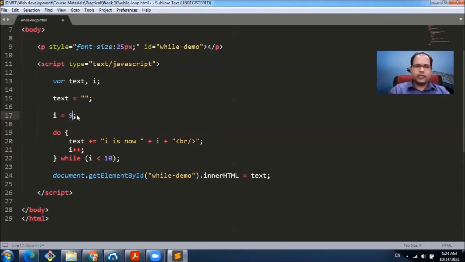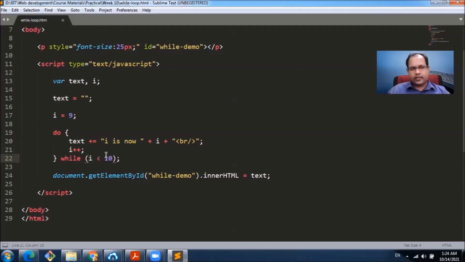How about if we put the I's value to 9? Let's go through. Okay, now I is 9. It will come here. Regardless of I's value, it will execute this code, and here I will get 9 plus 1, that is 10. Now I is 10. It will come here.